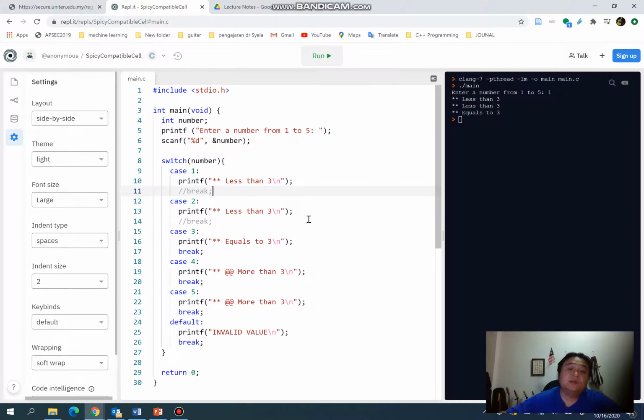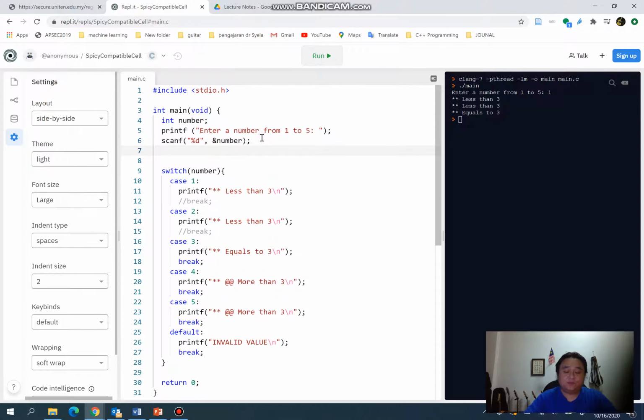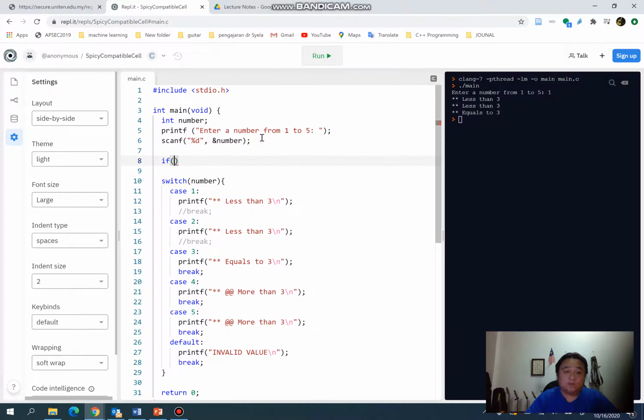As you can see, the output for case 1 and case 2 is exactly the same, which means these two constant values, 1 and 2, respond to the same output according to the conditions given. If I'm doing if else, what I can normally do is say that if